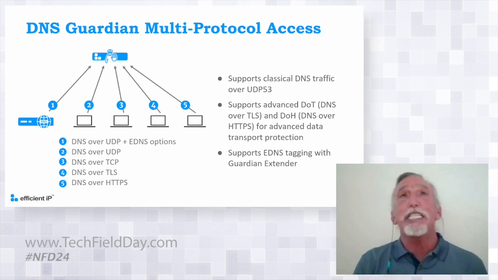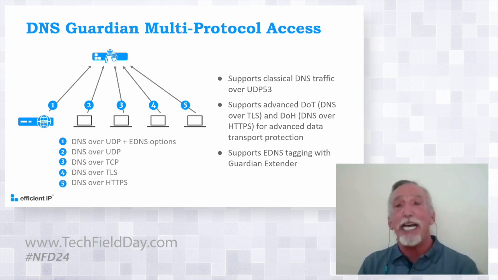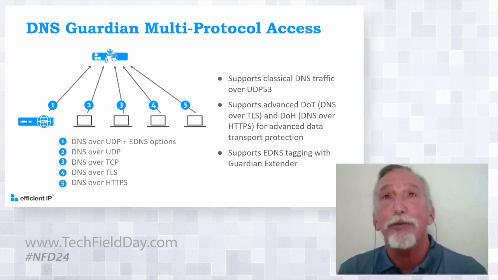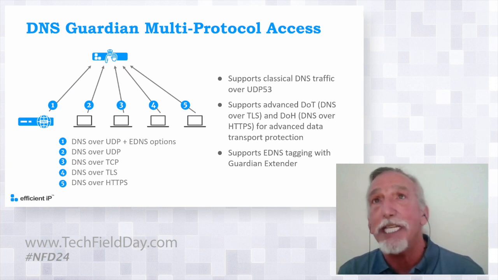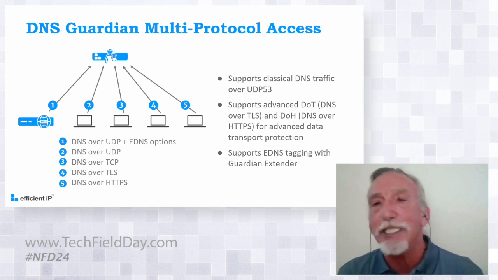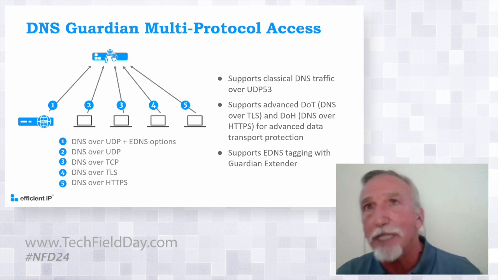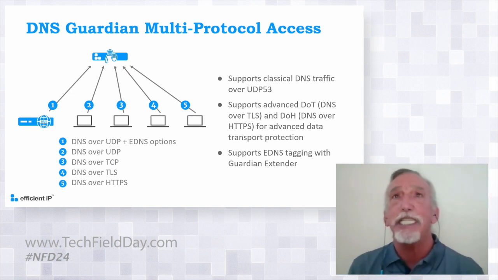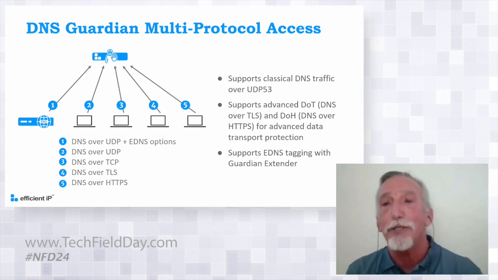The other piece that it gives us is that at this resolving layer, I can support multiple kinds of protocols, right? DNS over UDP with EDNS extensions. What I'm doing there is passing the originating client's information, so I can forward that through something like DNSCrypt to Umbrella. So Umbrella gets to see the originating client, even though it's gone through a couple of DNS servers before it gets to it.